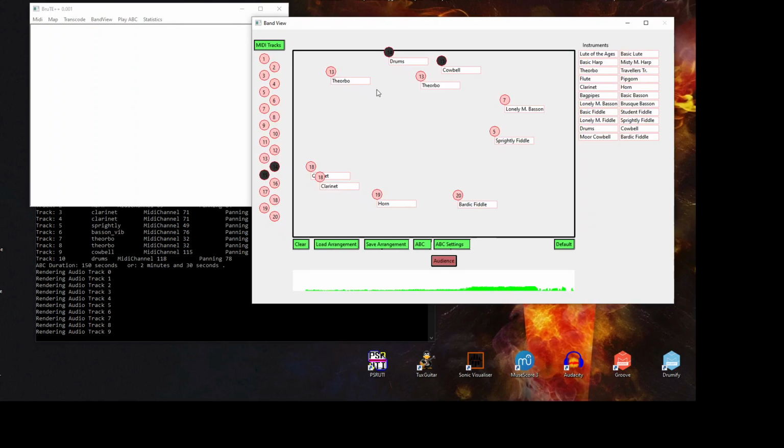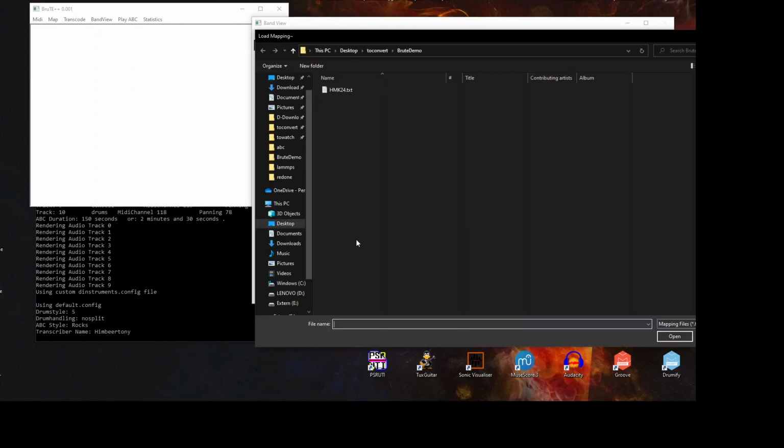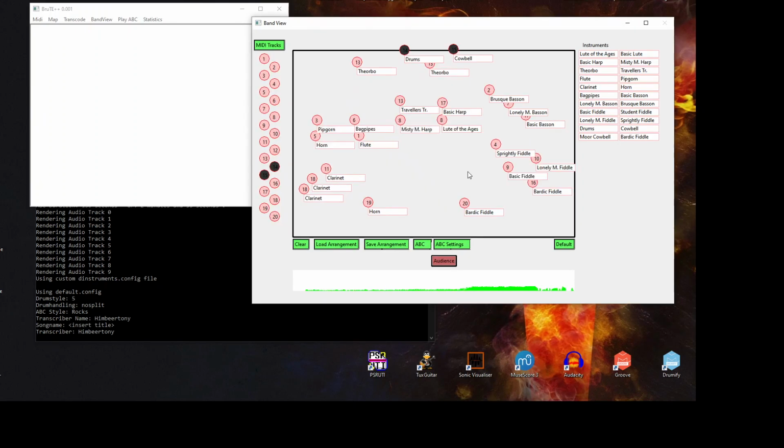Oh, wait a second. Because I want to load the arrangement that I prepared. So this one is a possible arrangement for 24 people. This is all green here. But